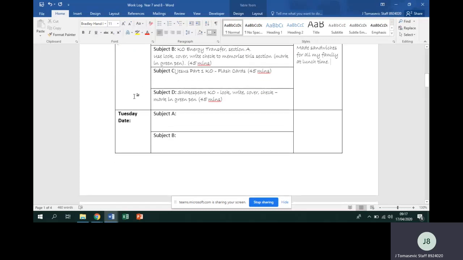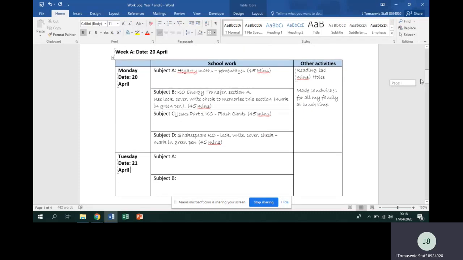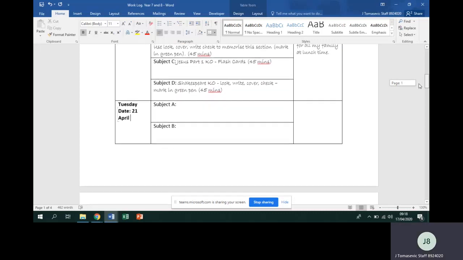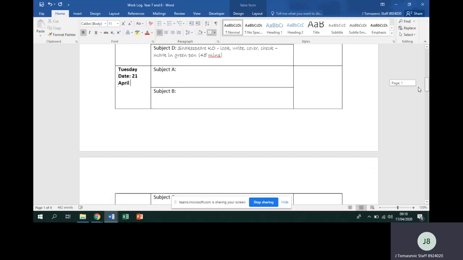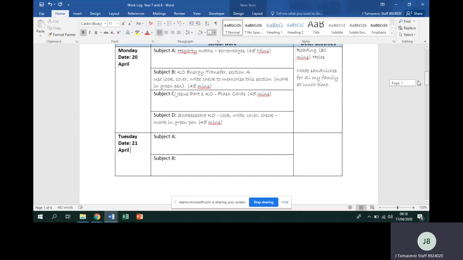So what you then need to do is look at Tuesday, put in the date, so that will be the 21st of April. And then you've got to think about what other subjects you're going to do for Tuesday. Now, you could plan this on the Monday after you've done all your work, or you could even plan that before. You could plan it for the week ahead, for example. So you could do all Tuesday, Wednesday, Thursday, and Friday and get everything planned so you give yourself targets to